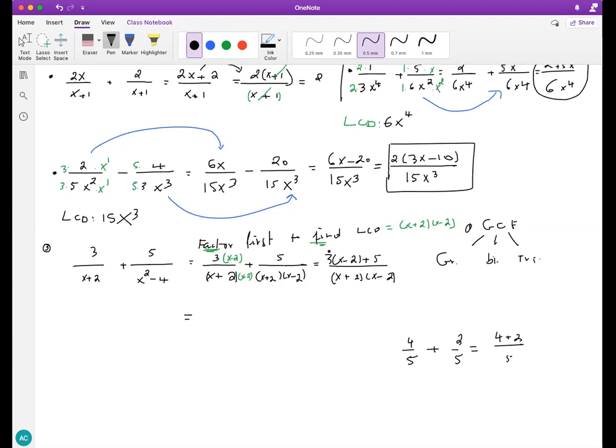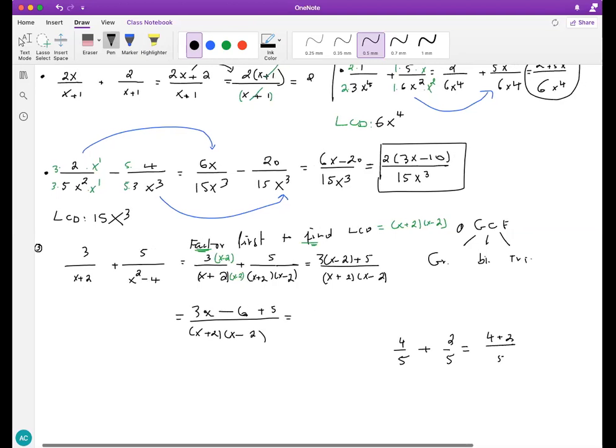So distribute this, so 3x minus 6 plus 5. Then we have x plus 2, x minus 2. Combine like terms, so we're going to combine these two. So 3x minus 1